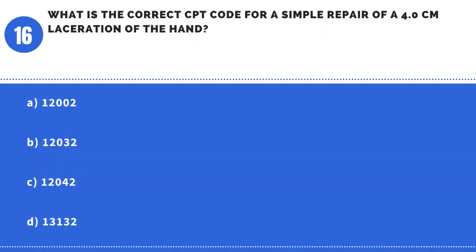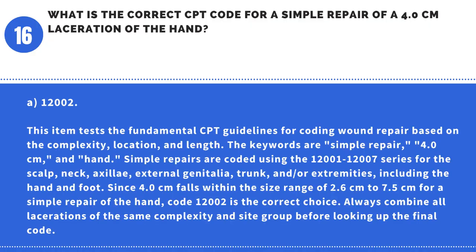Question 16. What is the correct CPT code for a simple repair of a 40 cm laceration of the hand? A. 12002. B. 12032. C. 12042. D. 13132. Answer A. 12002. This item tests the fundamental CPT guidelines for coding wound repair based on the complexity, location,